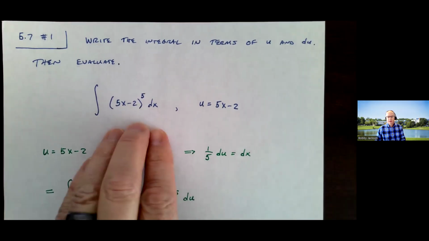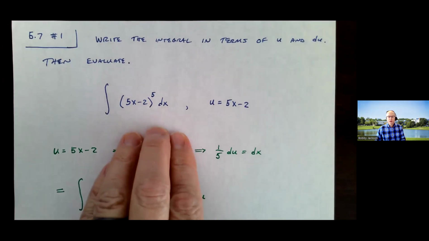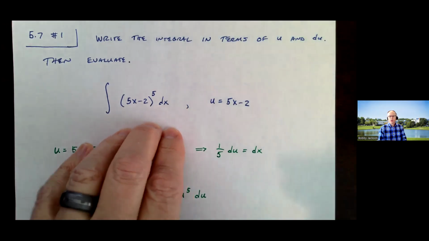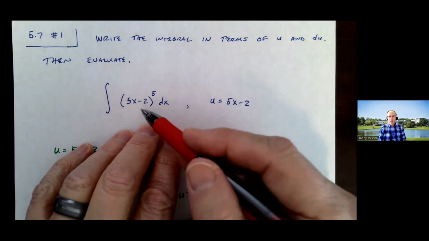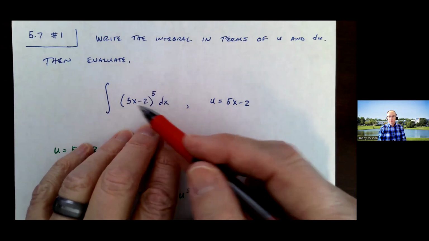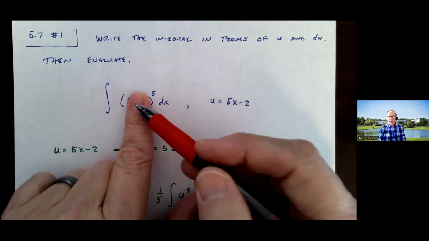Now on the test and future problems, they will not give you the value of u. You'll need to be able to figure out what that is. And most of the time, we're going to choose the inner function inside the composition of two or more functions. And here it makes sense that 5x minus 2 is the value of u because that's inside u to the